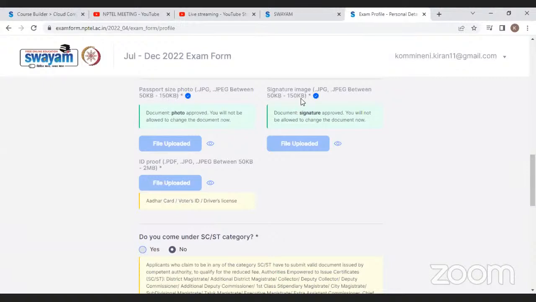And the signature, take a white paper. Take a white paper and make your signature on that particular white paper. After that, take a photo of that particular signature and crop it so that only the signature will be there, and upload that particular signature. 50 to 150 KB only. And finally,